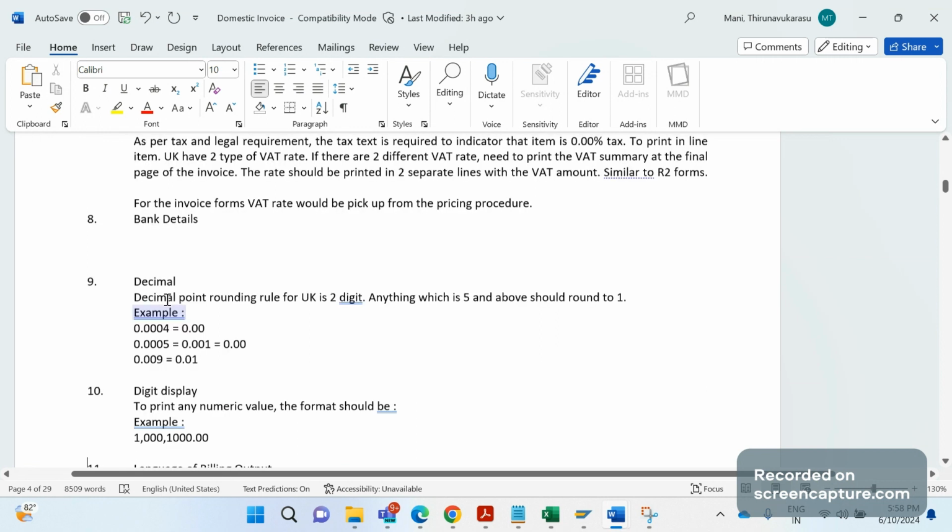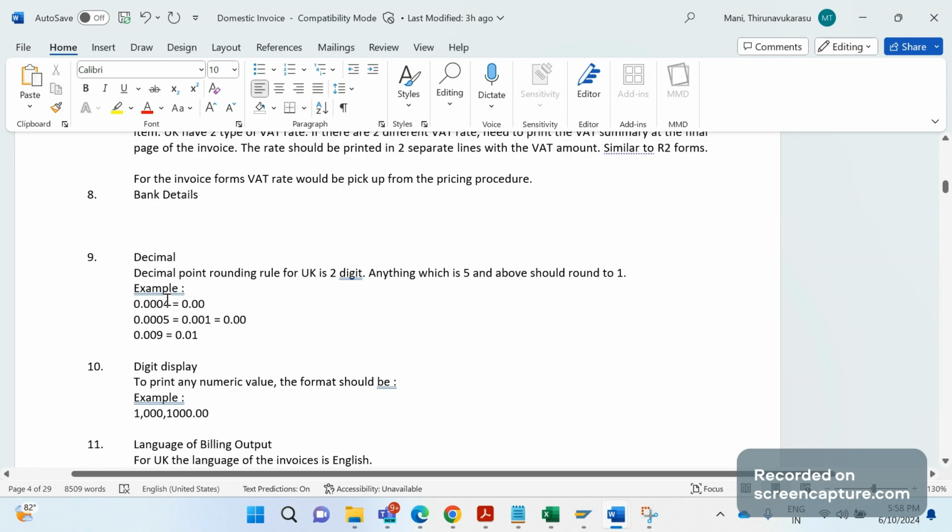You see here decimal. So in the layout, how the value should be displayed. The requirement here is that it should be displayed rounded to two decimals only. If you see here, we see four digits after the decimal, but they want to display only the first two decimals. That's why we see 0.00, and in this case, it is 5 meaning 1, so it's a 0.01. Ultimately, it will be 0.00,